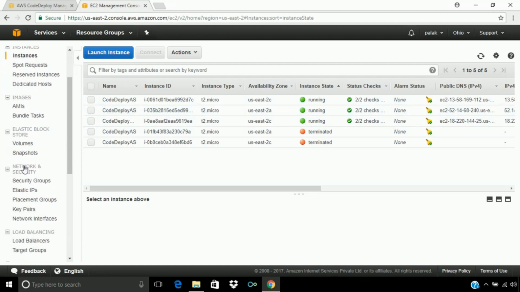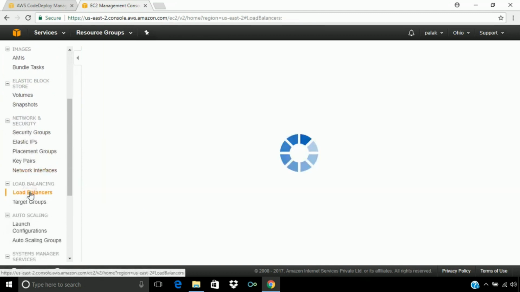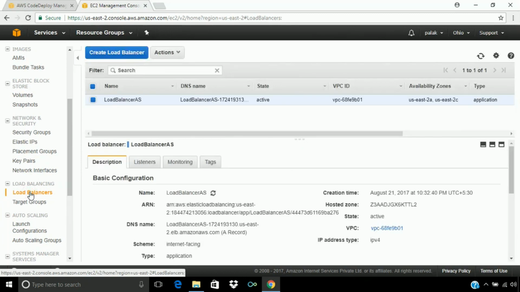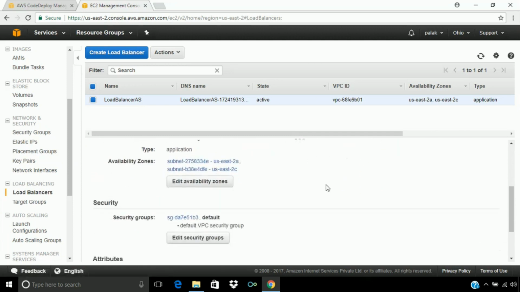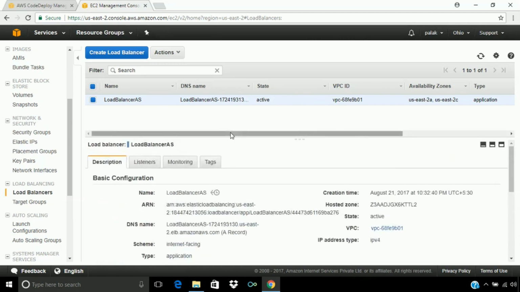I have also created a load balancer for this lab, and load balancer creation is also as simple as the previous one. Here I have created an application load balancer for HTTP traffic. We just have to ensure that the availability zone is the same in the auto scaling group and the load balancer. Other than that, we can leave the default settings as they are. So the auto scaling group and load balancer are set up now. So let's get started with our source code.